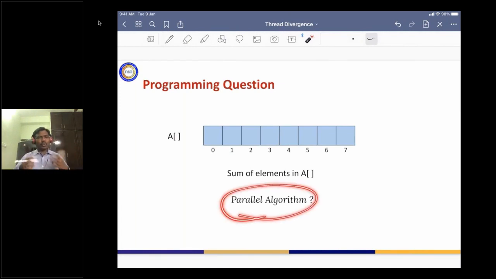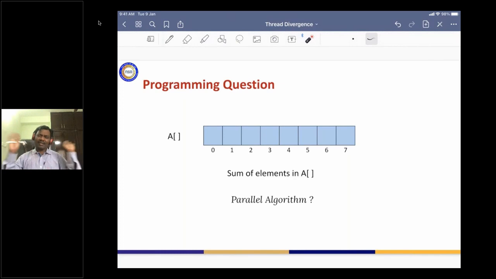Think of a parallel algorithm. The sequential algorithm is very well known. Take the first element, take the second element, keep the summation in your sum variable, and keep going to the subsequent elements. Take the next element, and sum is equal to sum plus the current element. Go to the next element, where the partial sum is already available, take the new element and add it to your existing sum variable. Sum is incremented by the current value. Again you go to the fifth element, sum is incremented by a of 5. Again you go to the sixth element, sum is incremented by a of 6. This is a very common, very natural program you must have executed in C or any other language